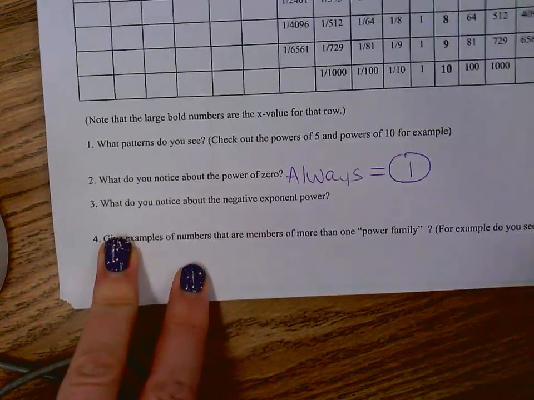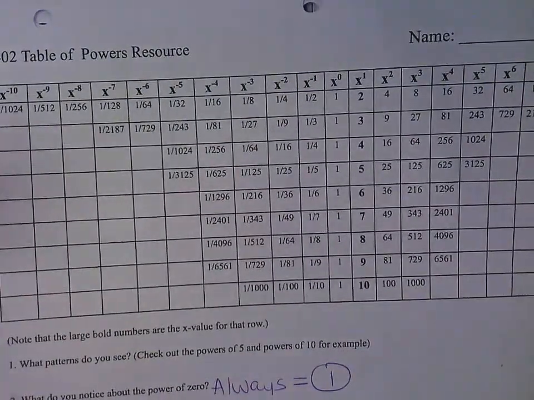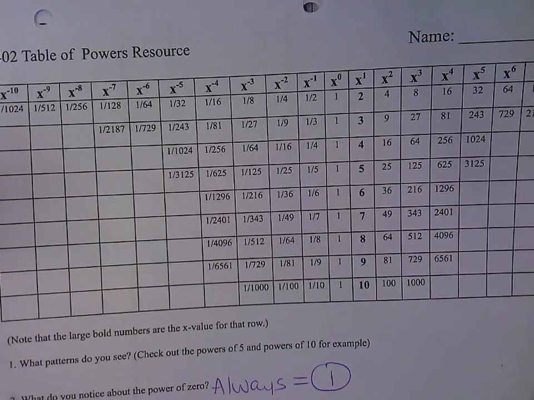I want to show you something though in the table. We said exponential is multiplying by a certain number every time. So the powers of 2, you're multiplying by 2 to get to the next number. 3, you're multiplying by 3 to get to the next number. How do I go backwards in a table? If I'm multiplying by 2 in this direction, I would divide by 2 to go backwards, right? 8 divided by 2 is 4. 4 divided by 2 is 2. What's 2 divided by 2? 1. 125 divided by 5. 25 divided by 5. What's 5